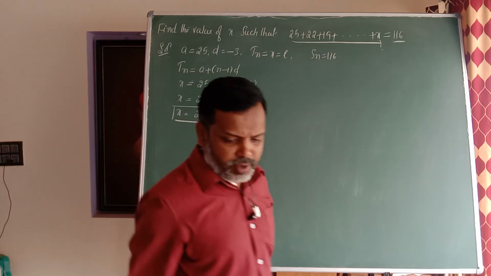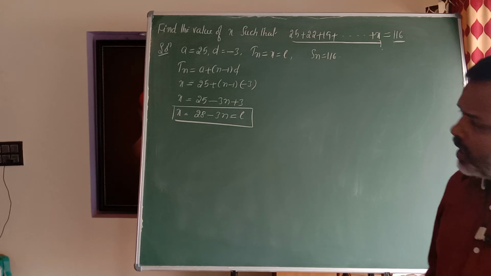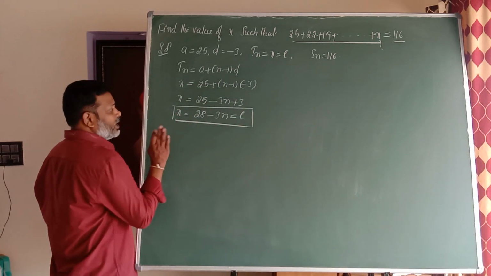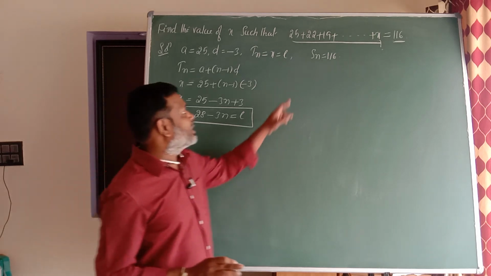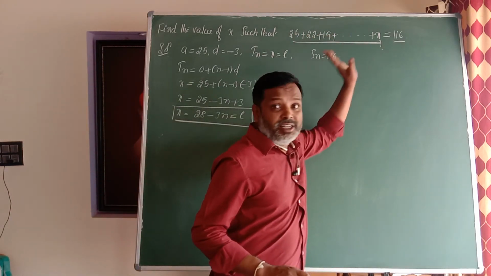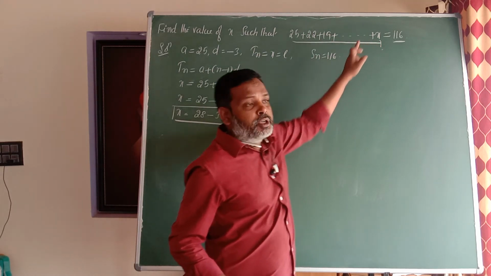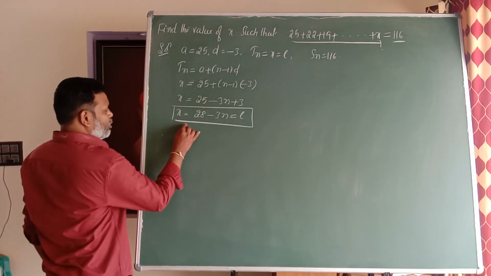Now, what to do here? We have to use the formula to find the sum. Why do we have to use the sum here? They are given the sum of all these terms. Here we have the first term and we have the last term, so I can use the formula. We know that